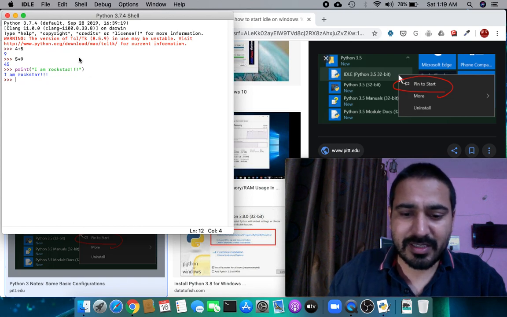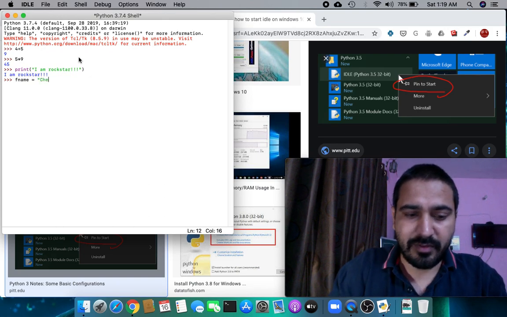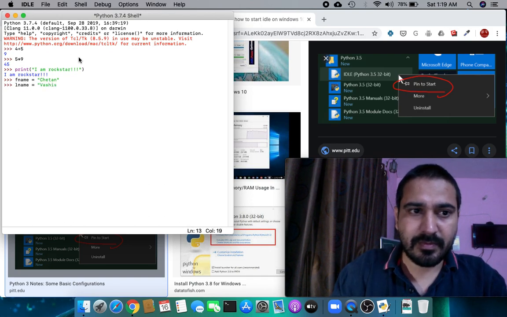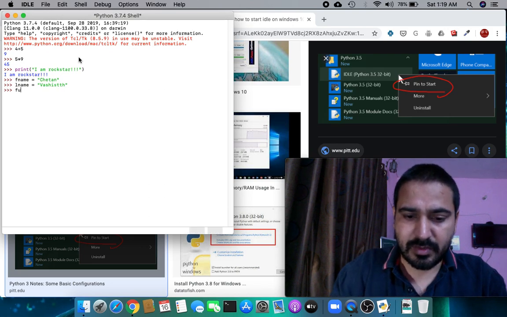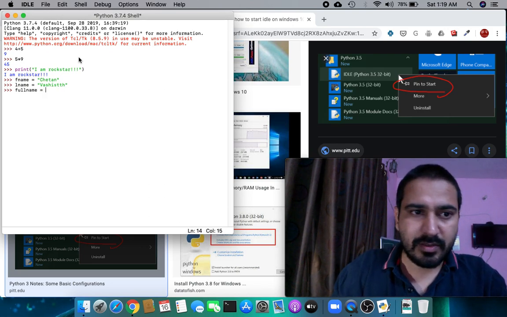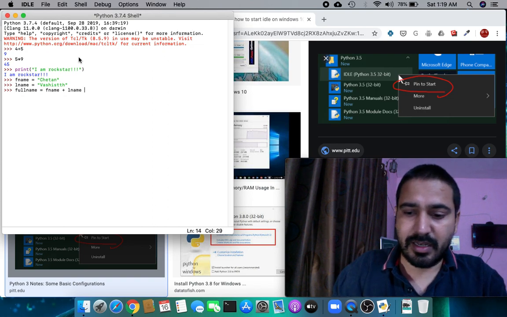Let's say I want to define variables. This is my first name, this is my last name, and I want my full name. It works seamlessly: f name plus l name.